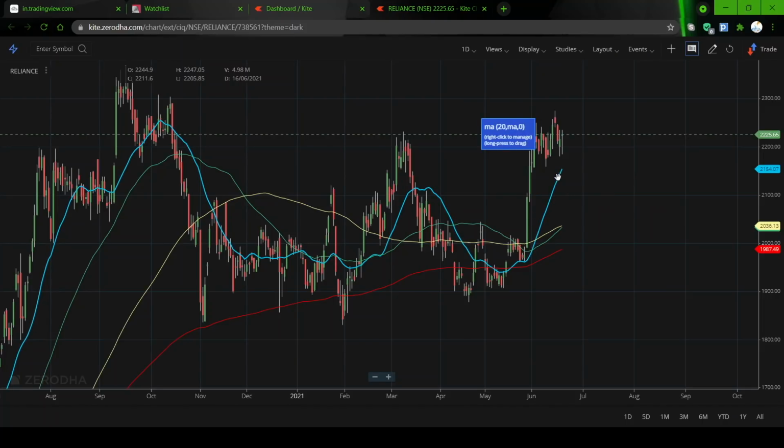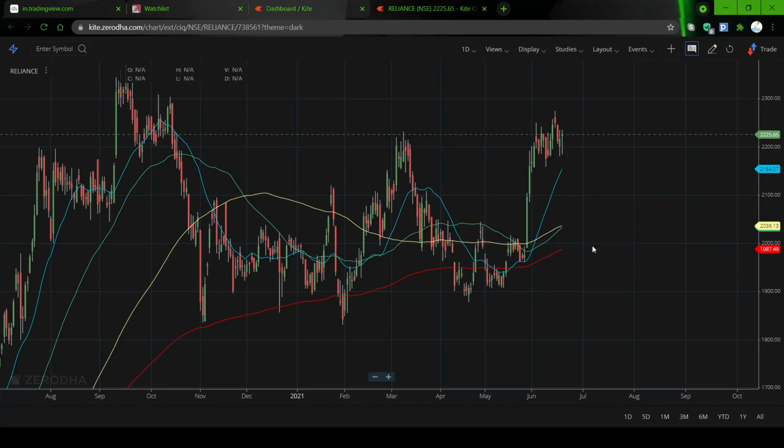Right now you see the 20 moving average is sloping up because the stock is going up. The 50 moving average is also sloping up. It is below the 100 moving average, but the crossing will happen. If the stock moves a little higher, the 50 moving average will go up, while the 100 moving average moves slowly. And the 200 moving average is very much below all the moving averages. So this indicates that the stock is either consolidating or on an uptrend, definitely not on a downtrend.